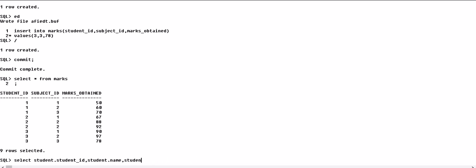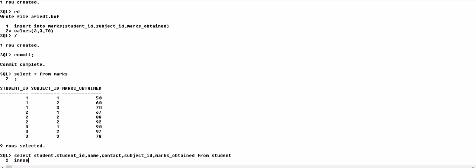Here we don't need a table name. Here we can directly write contact, but here we need to. Why? Because student id is a common column, so for a common column we must write the table name. So student id, name, contact, subject id, marks obtained from student inner join